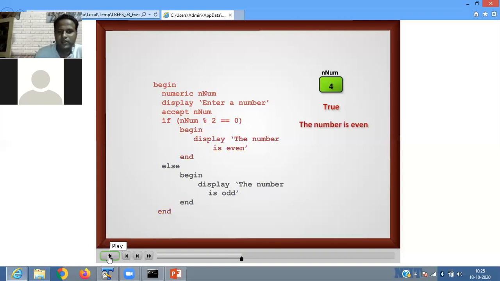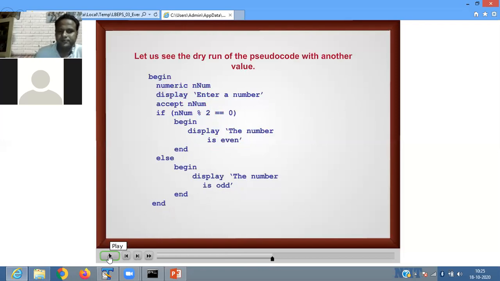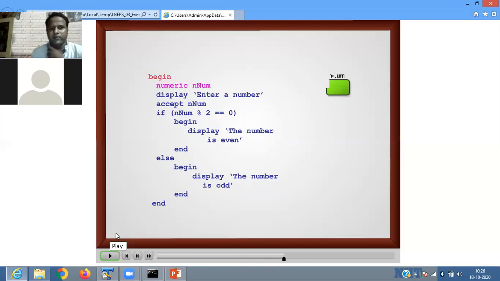Now here I have checked another example. Begin, numeric n number, we define a variable.